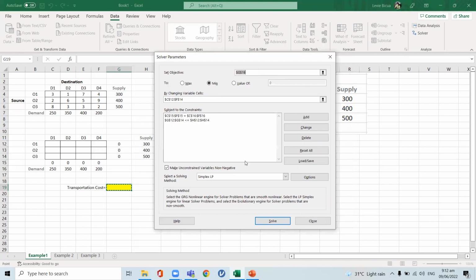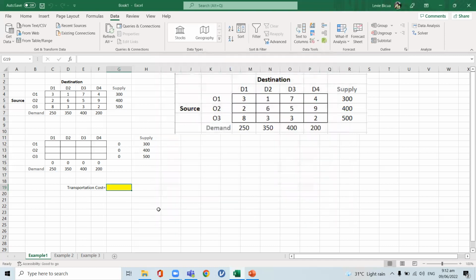Oh, I'm sorry, I forgot to write a formula for this one here. We should write a formula for the transportation cost first. What is the formula? The formula is